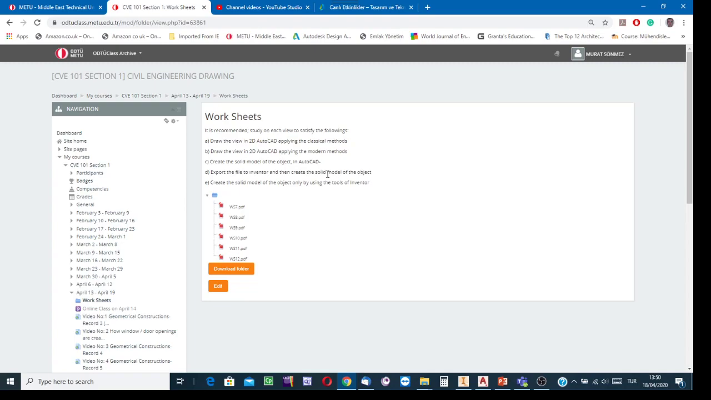You know, at Metu NCC, Autodesk products are used in drafting design courses. So export the AutoCAD file to Inventor and then create the model of the object. This item is about such an exercise. And then, the other scenario, in item E, as it is mentioned, imagine that there is no AutoCAD file in